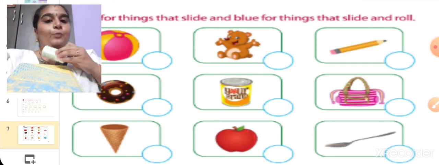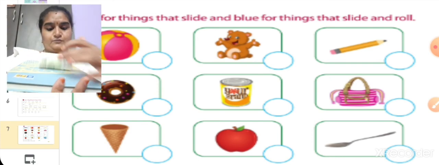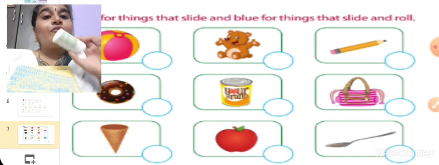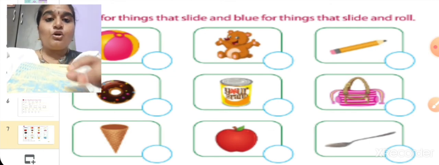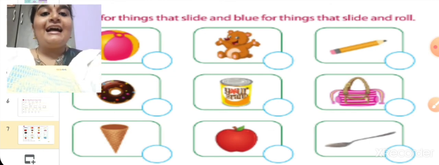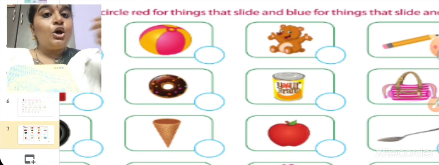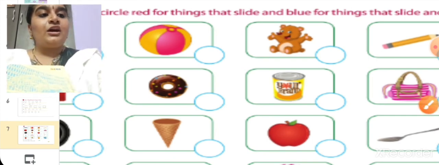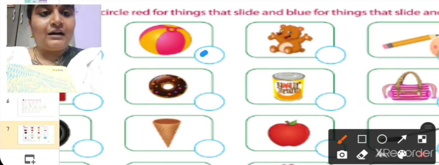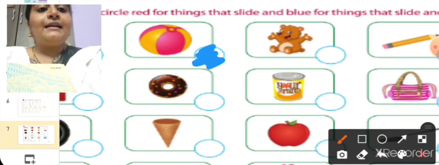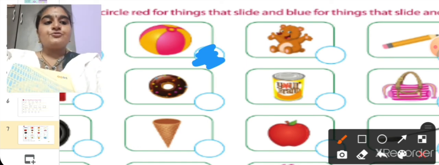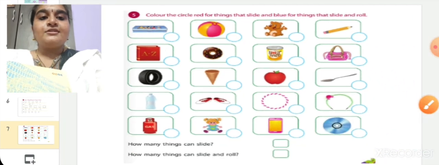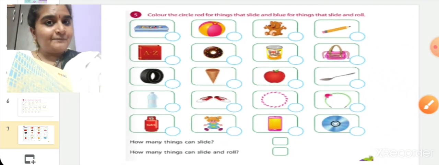Ball will roll. It will slide and roll. So you are going to give blue color. Like this, you are going to do for this page, and you are going to show me. Will you all do it?